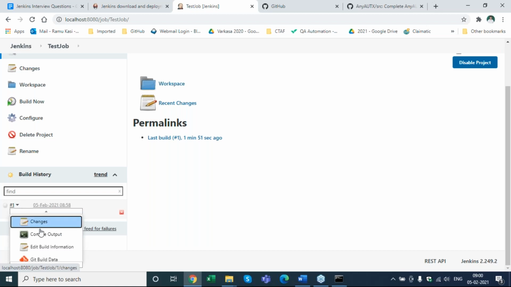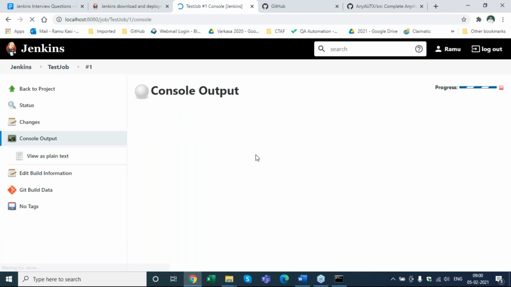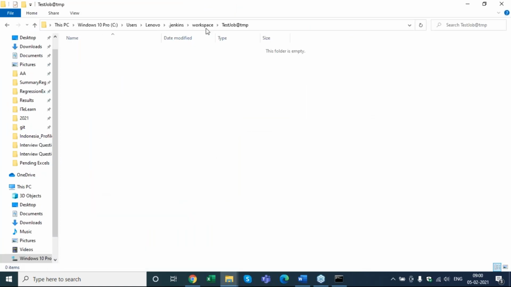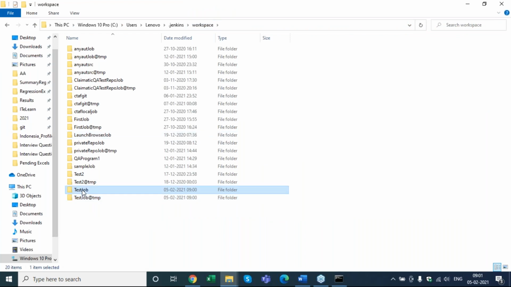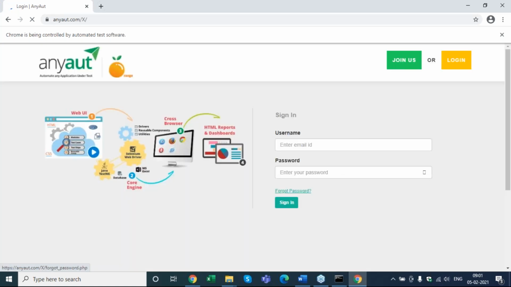Let me go to my job and see whether it's still building. Yeah. Now you see the folder structure already created, right? I have my anyot, it has been cloned, and even the execution started. We open this. It is launching the application. Getting the overall idea, team?